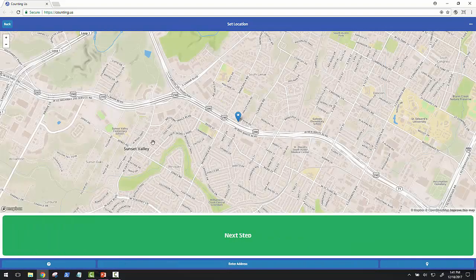It's then going to take us to a location page. If you have permissions allowed on your mobile device or your computer for it to actually ping exactly where you are, then you can go ahead and hit next step, and then it will capture your exact location. If for some reason you're either not at the location where the facility is, or you do not have those permissions allowed on your device